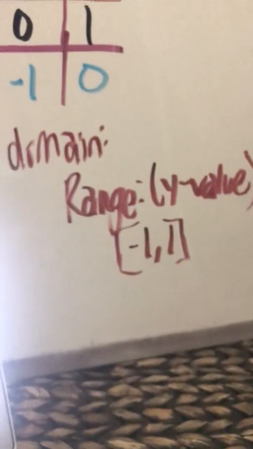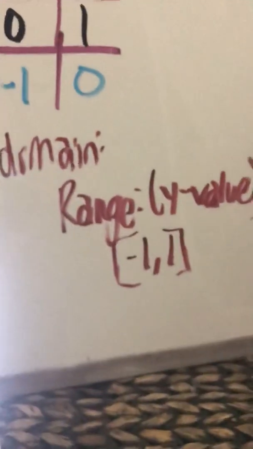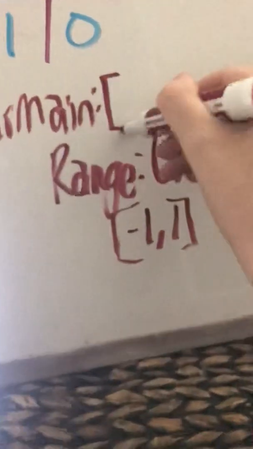My domain, or my x values, I know we discussed it, but we didn't actually write it. My domain here, Brianna, is going to be negative